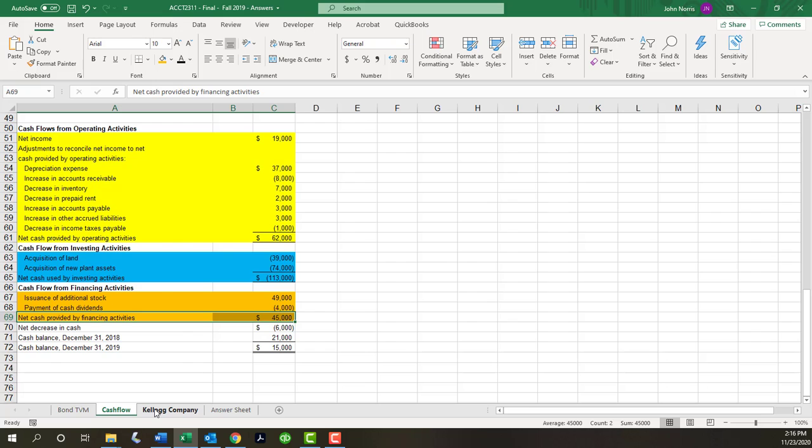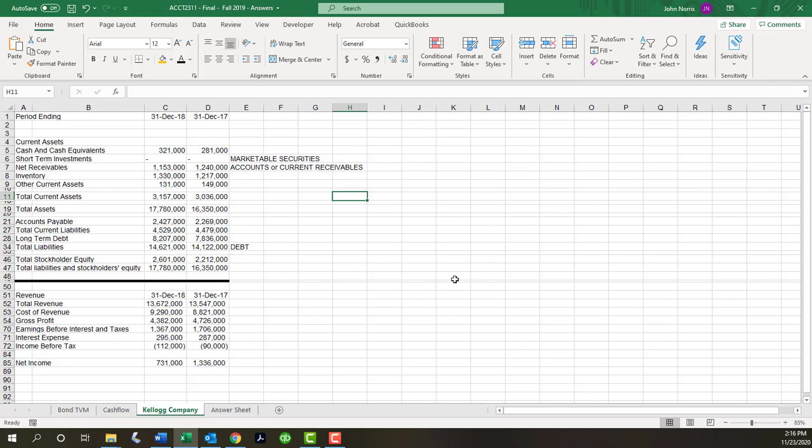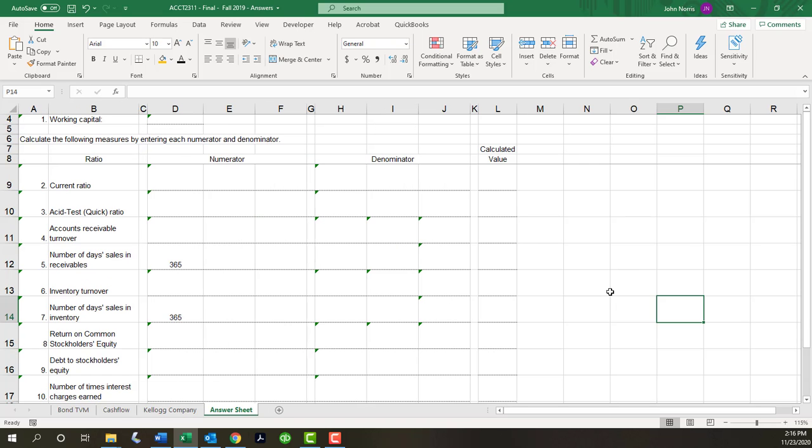We'll go ahead and move on to the last question, and that is you'll be given a comparative income statement and a comparative balance sheet for a publicly traded company. This year it was Kellogg Company, the maker of cereals, and you're asked to do the 10 ratios for financial statement analysis. All right, so starting with the current ratio